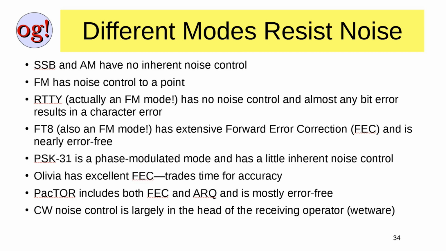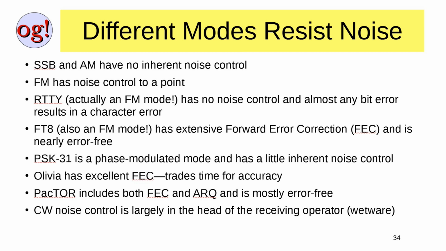RTTY is actually a frequency mode. It is frequency shifted. It's between two tones. It has no noise control built into it. There are only 5 slots in the character field in Baudot, in the Baudot-Murray code, and most of those 32 slots are used. And so any bit error is going to give you an erroneous character because it will interpret it as some